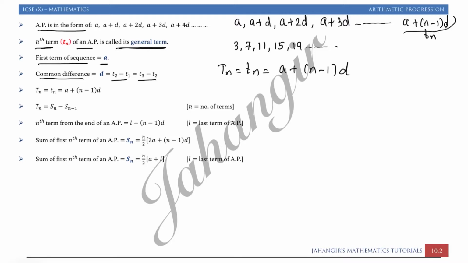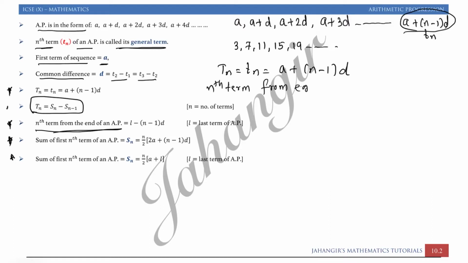This we had already derived, how we are getting it. Now the nth term from the end. See, this is the nth term from the end. You write all these formulas. These formulas are very important. This formula I can explain to you in the next exercise in the question part. Nth term from end, that is L minus n minus 1 into D. Hope this part is clear.